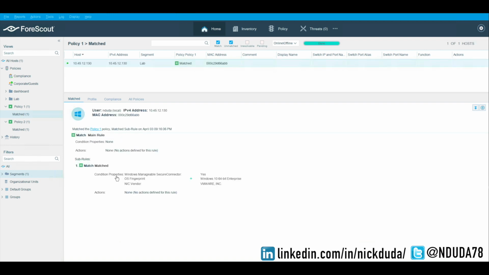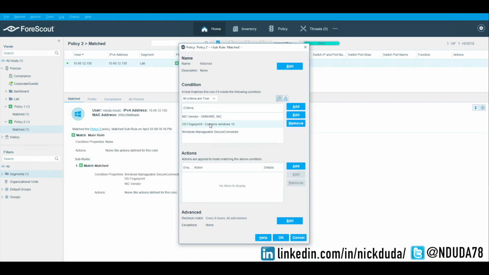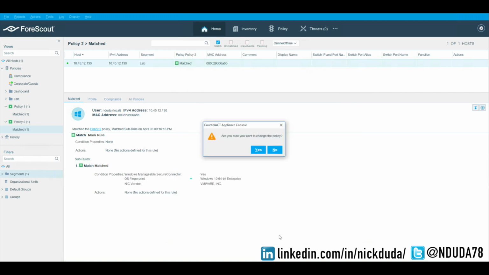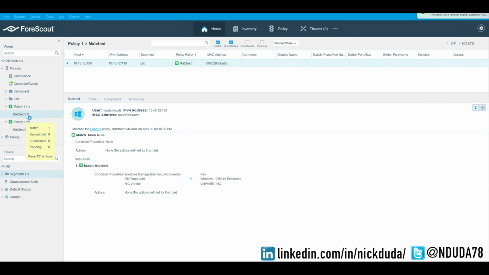The same system's obviously matching once again because it's matching those three conditions within the custom condition. If we come back down here to the second policy, all I would need to do again is add in that custom condition. And any other policies I keep creating, I can just use that same custom condition. So, we have two policies here, but let's say we're using this custom condition on 10 policies, and then you need to update all 10 policies with some new criteria. All you need to do is